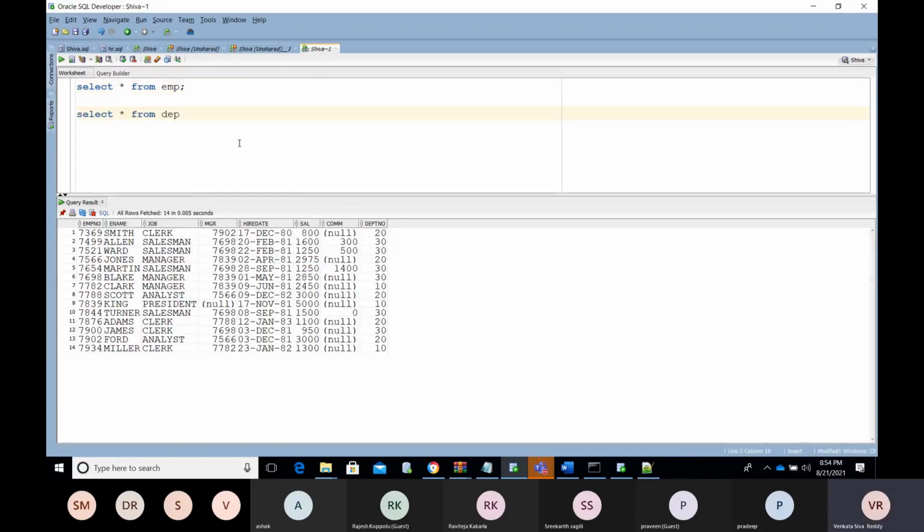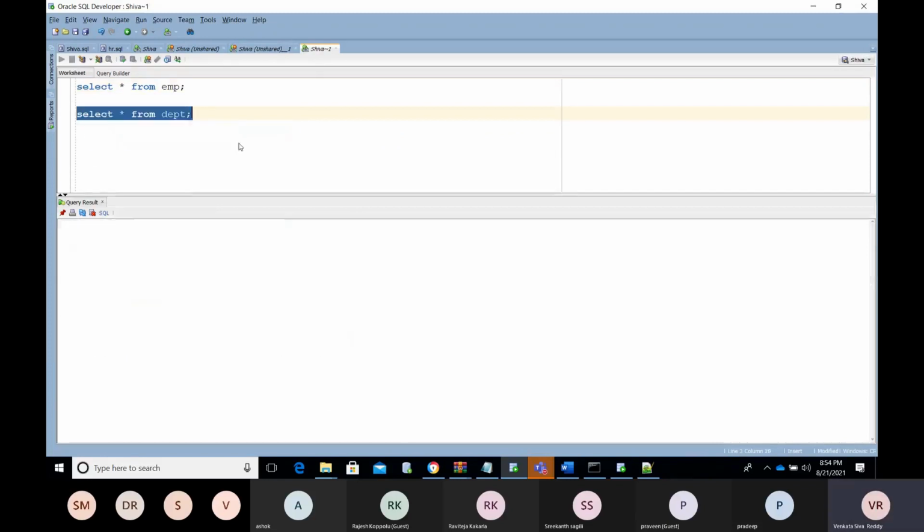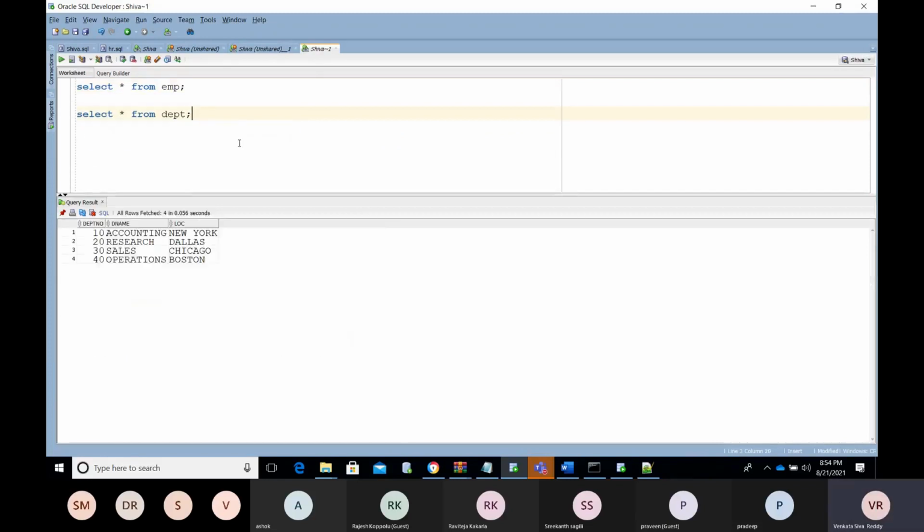Let's start from DEPT. To understand the things I am using these tables again; try not to use these tables yourselves. Okay, now I want to display the employees who are related to Dallas. So we have two ways here to display the Dallas employees.